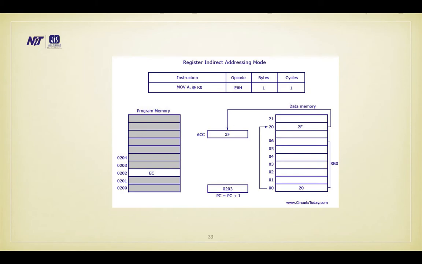It is a 1 byte instruction, and it takes 1 cycle. So after execution, PC is equal to PC plus 1. The initial program memory location is 0202. Then after execution, the next location will be 0203. Here the opcode is E6H. After the operation, the value 2F stored in location 20 will be transferred to the accumulator